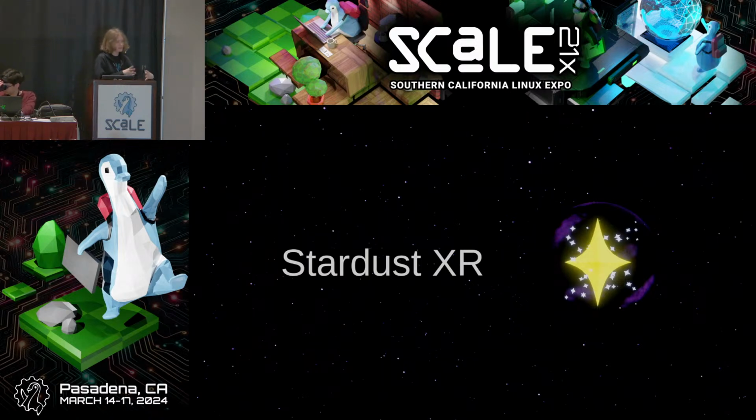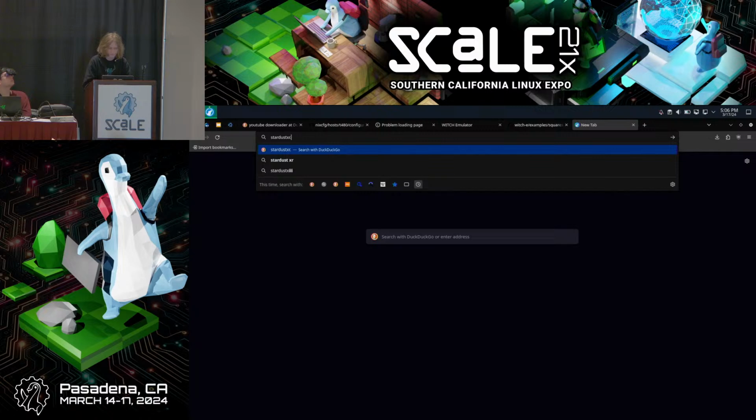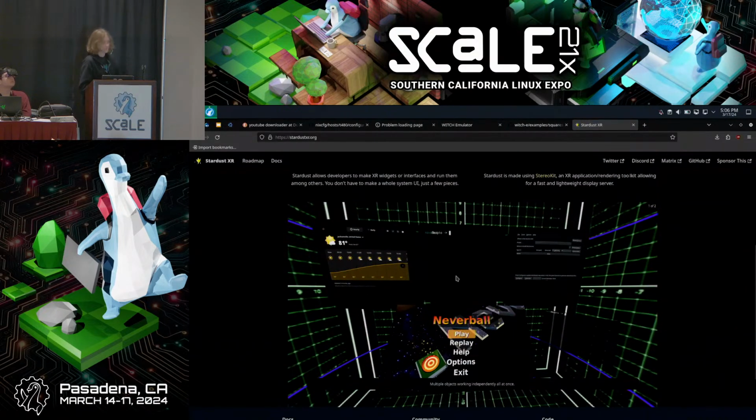And so Stardust is a fundamentally different interface that is made for when you wear a headset on your head, you use hand tracking, you use controllers that are in 3D space, and you can also use eye tracking and so on. So it required very different design. I'll even show you some images of it too, just while we wait.